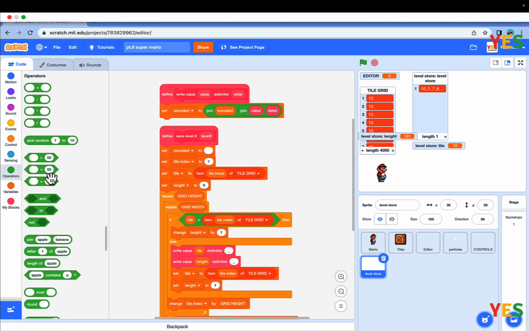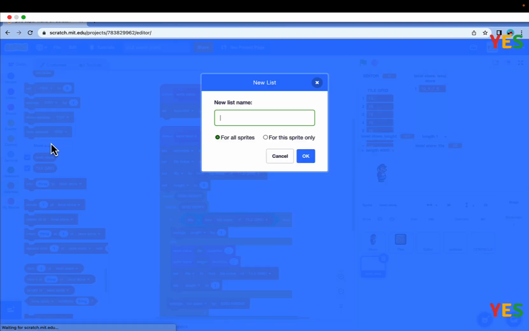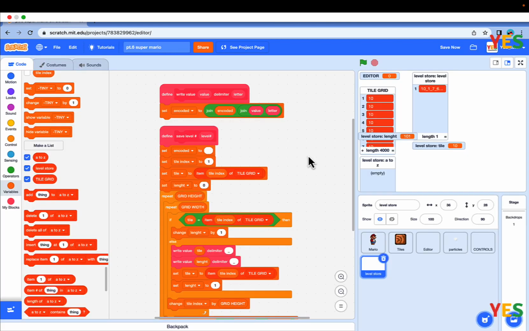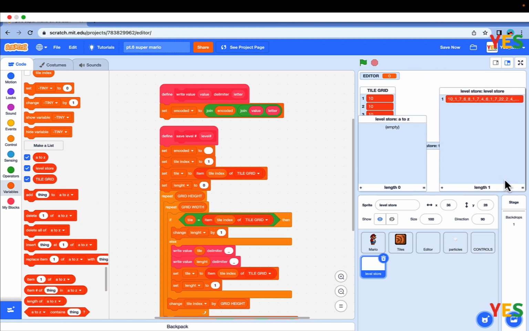Done. Now, let's make a new list and name it A to Z. Oh, A to Z for this sprite only. And I'm just going to make it bigger. Same with the level store. I'm just going to rearrange and make the full screen usable. And in the A to Z,